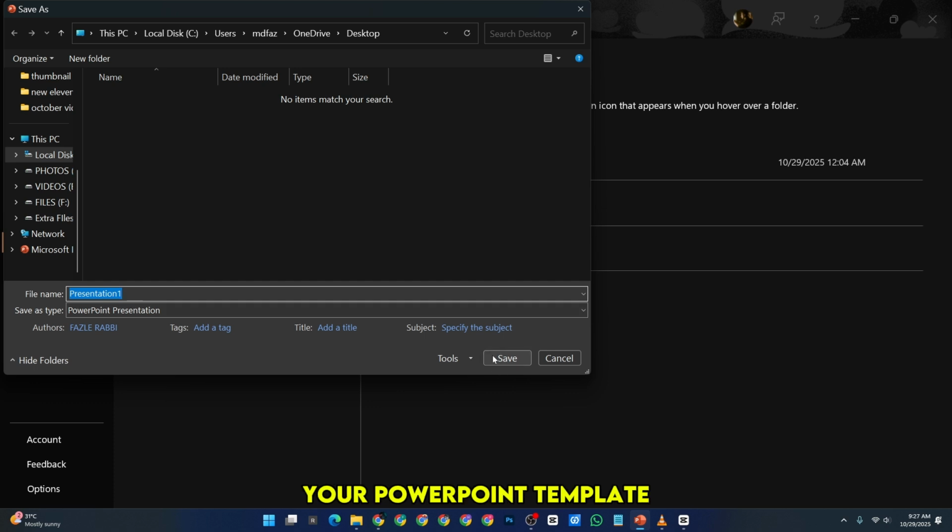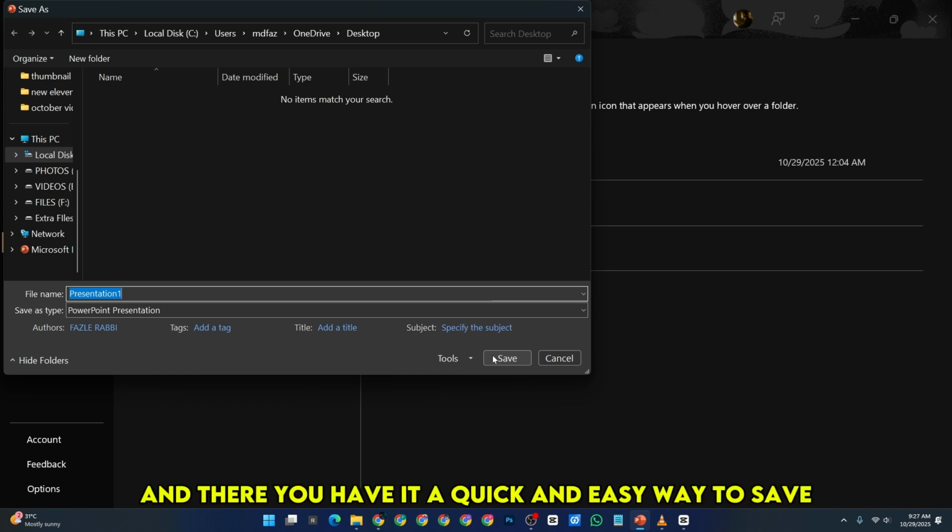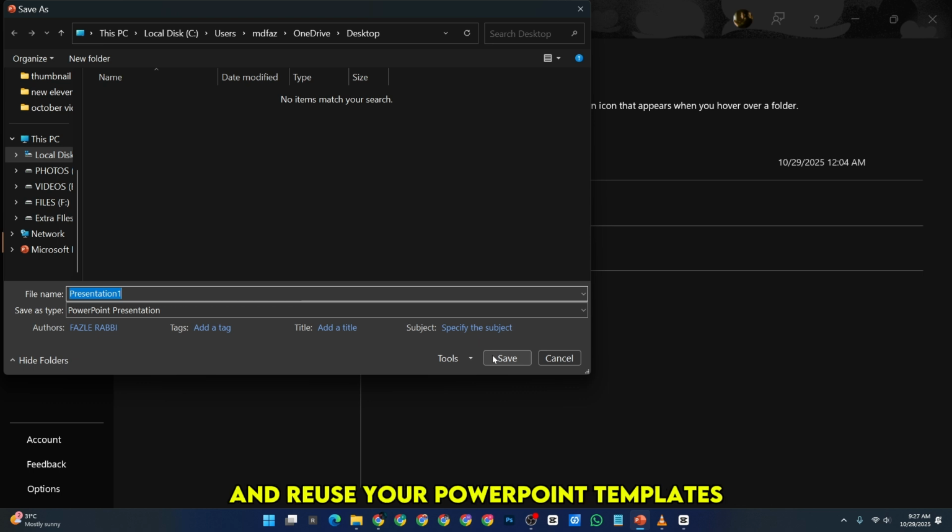That's it. Your PowerPoint template has now been saved to your computer. To use it later, just open PowerPoint, click File > New, then choose Personal or Custom to find your saved templates. And there you have it, a quick and easy way to save and reuse your PowerPoint templates for